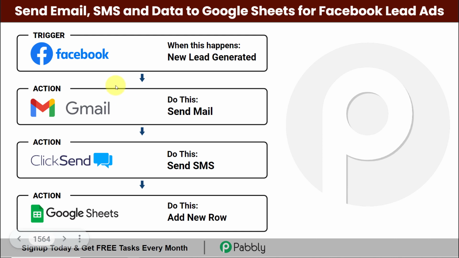Now to do this, we are going to integrate all these applications using Pabbly Connect. So here my trigger will be Facebook lead ads, then my action applications will be Gmail, ClickSend and Google Sheets. Now to understand how you can integrate and automate this entire process yourself without the need of any coding skills,